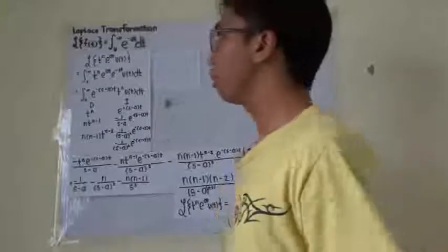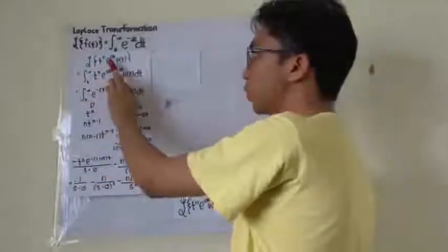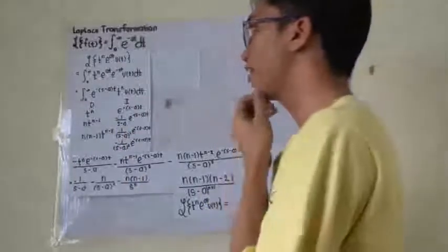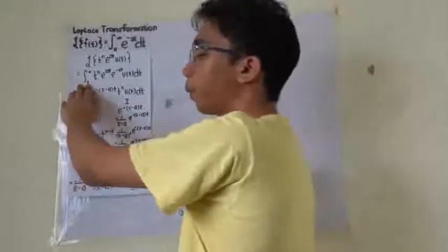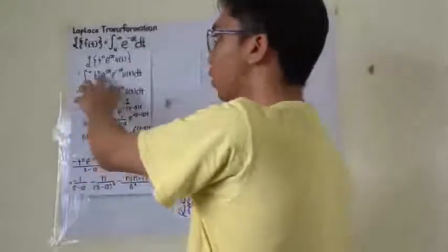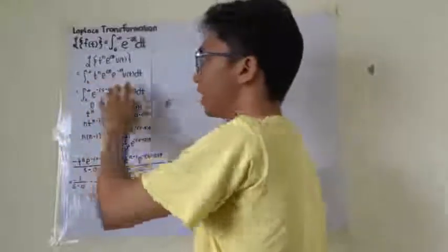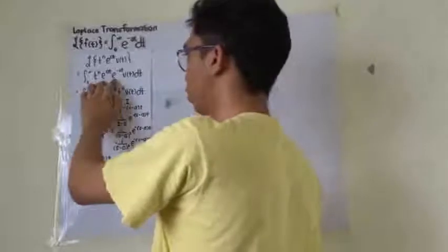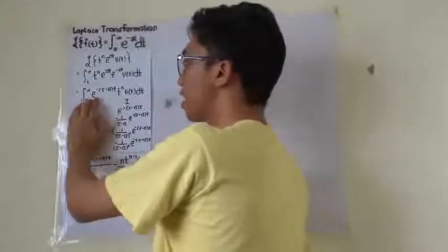So we have the Laplace transformation of t raised to n e raised to at times u of t. So we have the Laplace transform. We have the improper integral of t raised to n e raised to at times e raised to negative st. And simplifying by law of exponents these two expressions of t, we have the improper integral of e raised to